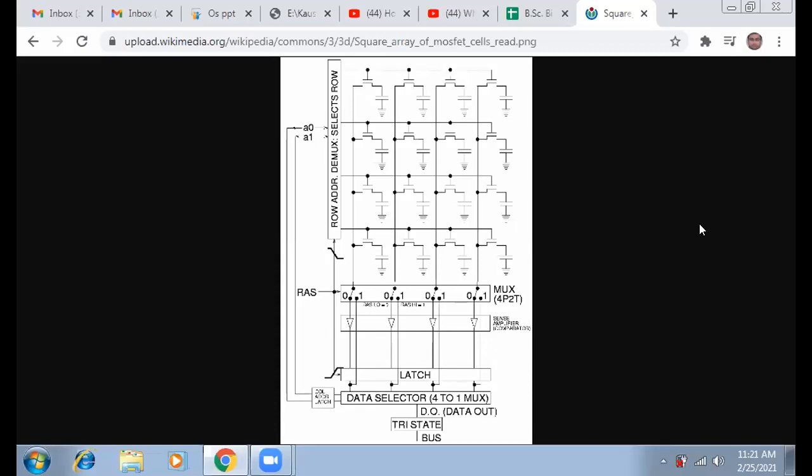Static RAM holds data for all the time. That means it will not forget the data; it will always retain the data. Whereas dynamic RAM decays the data. After some time, very gradually, it will forget the data, and it will be replaced by new data. Why is dynamic RAM decaying? Because dynamic RAM contains capacitors. This is a capacitor. These two are the capacitors.